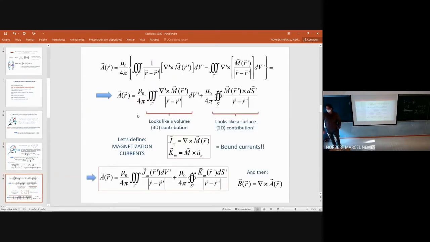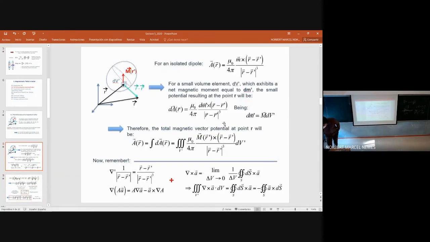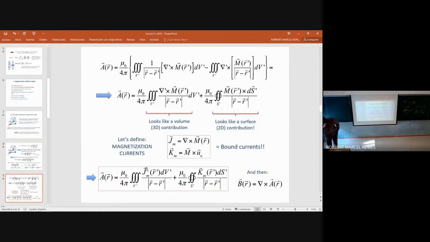So let's try to apply this. Our vector potential A, we take the prefactor, and then we replace the R over R cube with the gradient of 1 over R, right? That's the first step. And then what we do is we use what you can call an integration by parts,